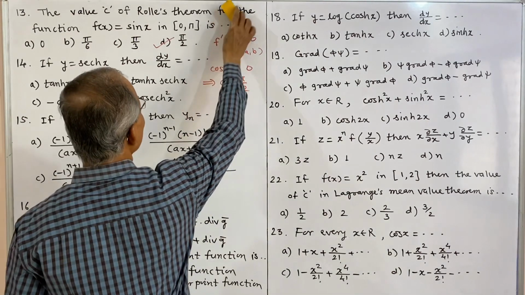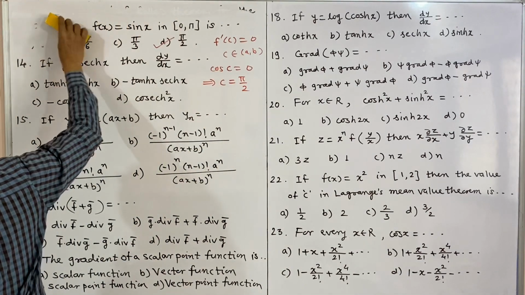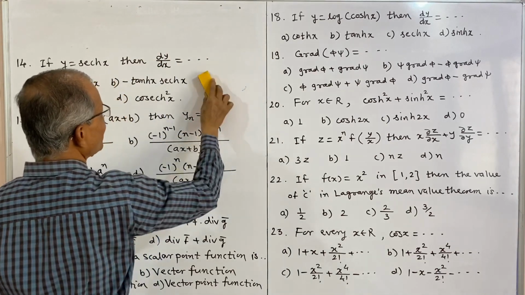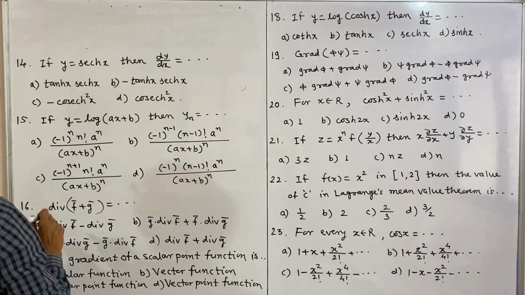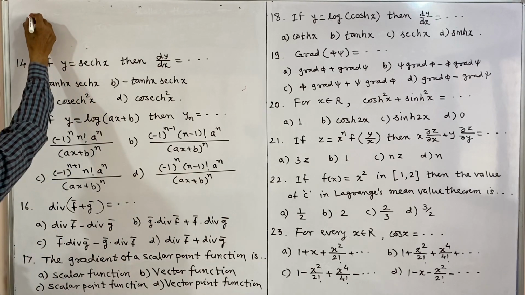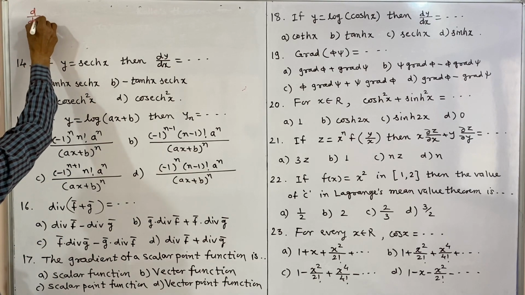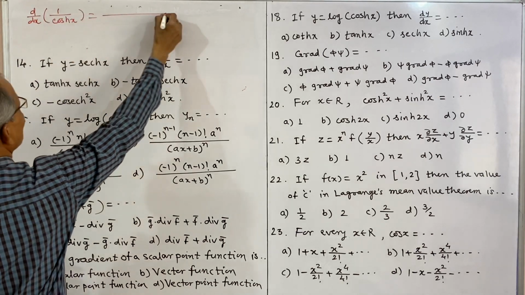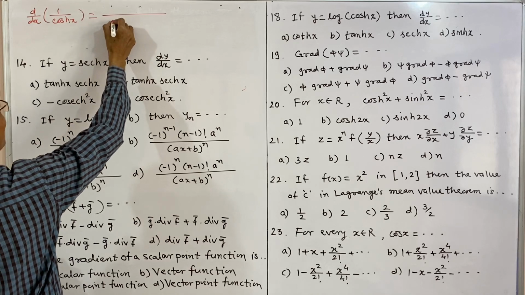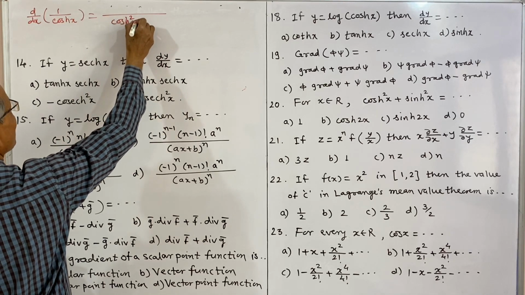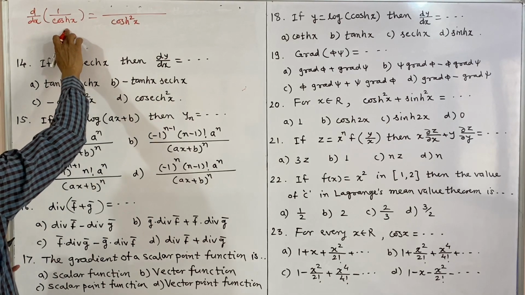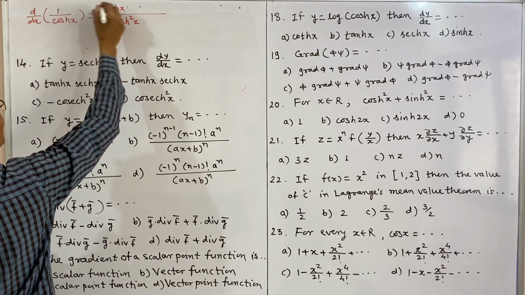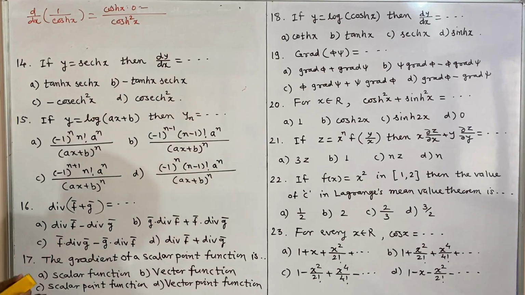Hyperbolic sec x can be written as 1 upon hyperbolic cos, and then its derivative is d by dx of 1 upon hyperbolic cos, and by the quotient rule we can write the derivative as: the denominator is square of hyperbolic